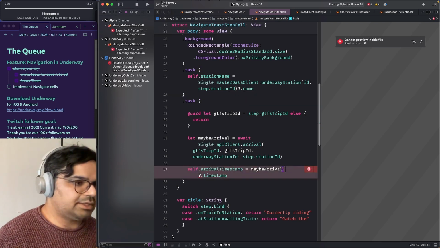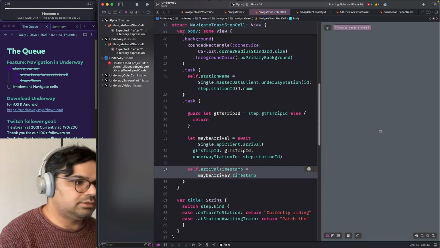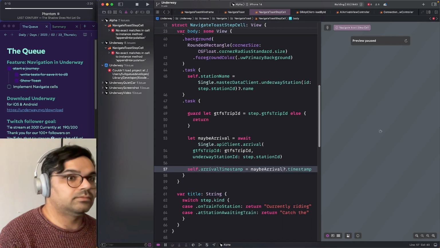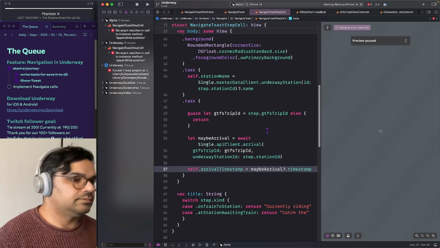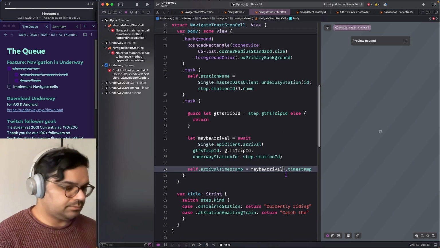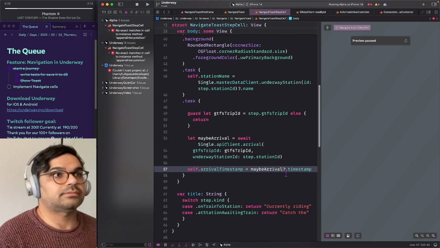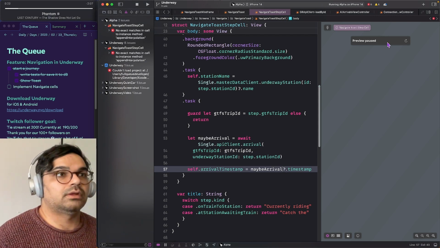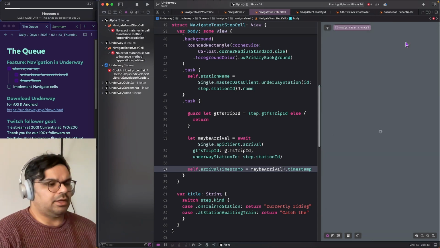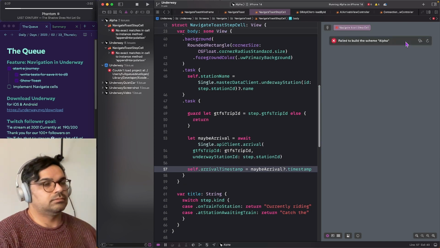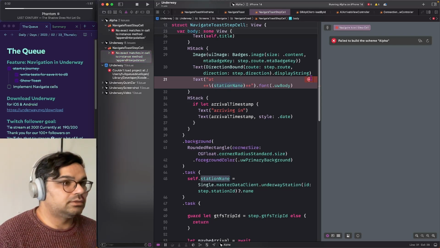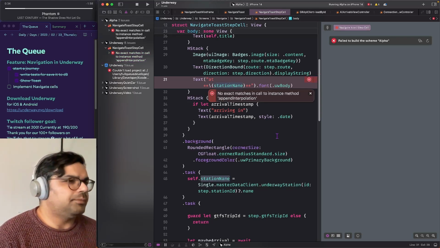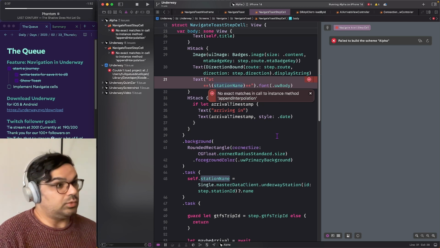No, this is not supposed to be a ternary. If you pause, let's try to reload it. Failed to build. But this is just a string, so